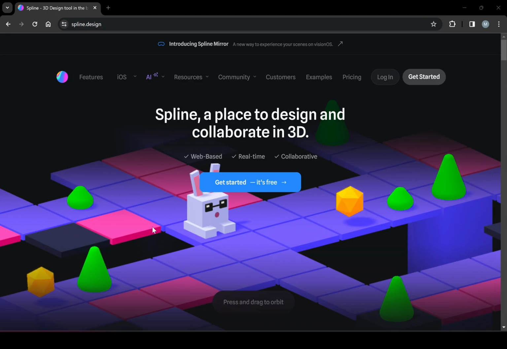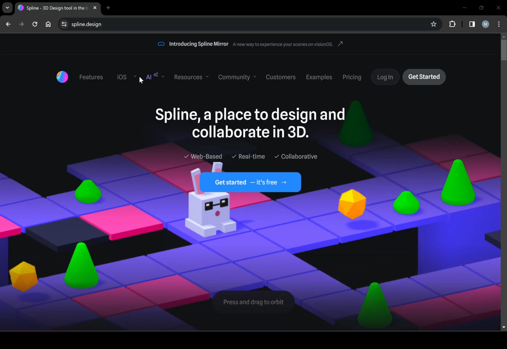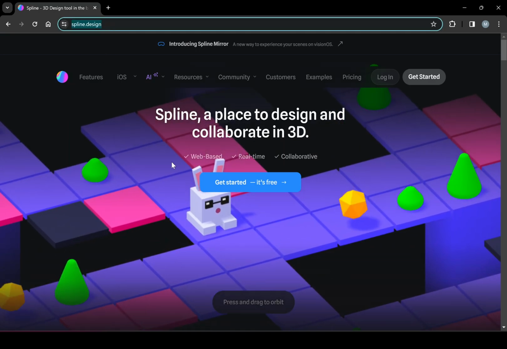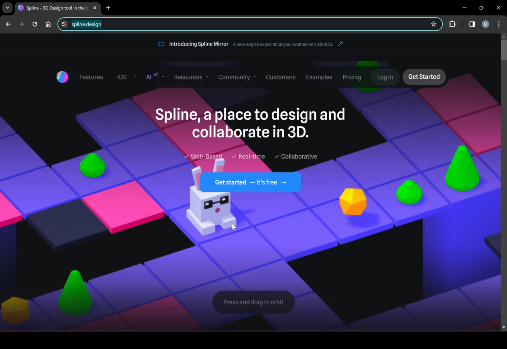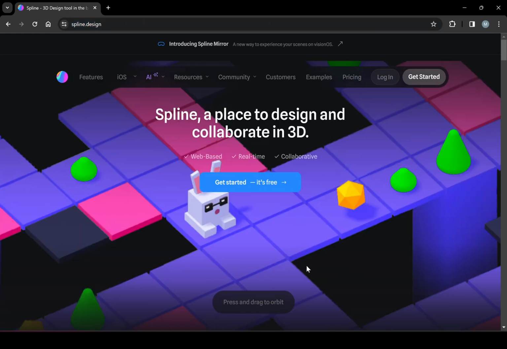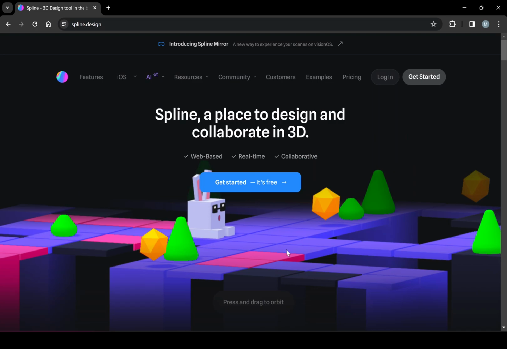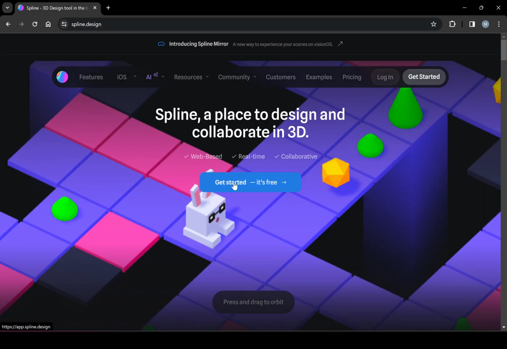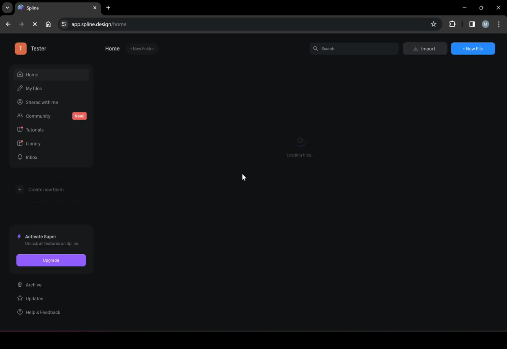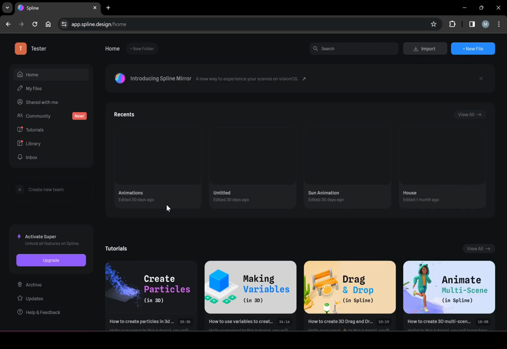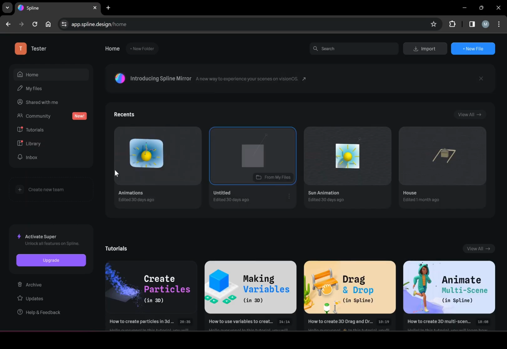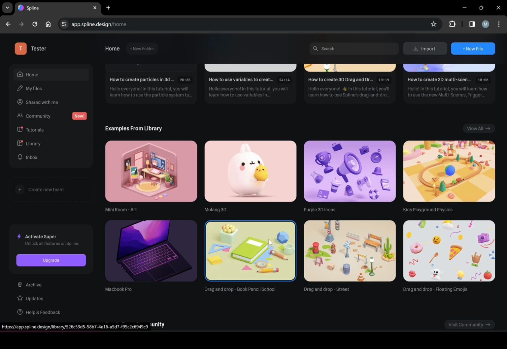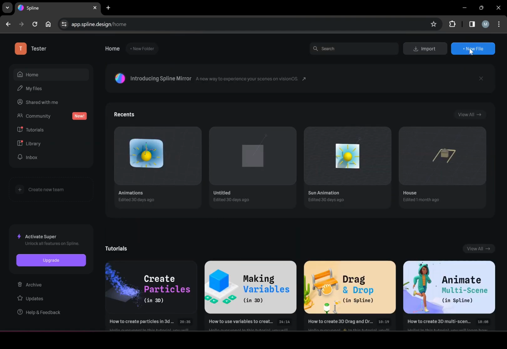So what we're going to do right here, we're going to look at the Spline website just by going to spline.design. And you can see here it has really nice animation. And this is pretty much something we're going to be looking at. And we're going to click on this Get Started. It's free. And on our dashboard here, you're going to see most likely nothing. There's a bunch of tutorials here you could check out and look into. I'm just going to create a brand new file, so I'm going to click on New File here at the top right.